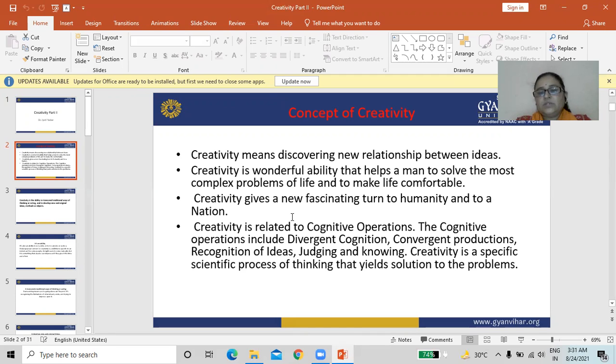Creativity is a specific scientific process of thinking that yields a solution to the problems.